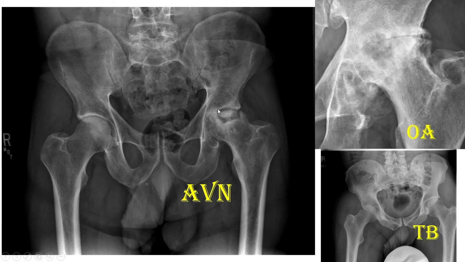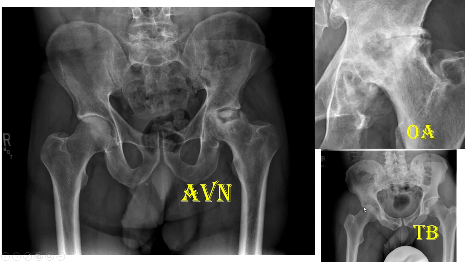Now see, this is sclerosis and collapse along with incongruity of the femoral head, but the joint space still remains. This is significant for avascular necrosis of the femoral head. Sclerosis and collapse, and this is called crescent sign, and the joint space still remains the same. In the last phase, the joint space reduces when it affects the secondary side of the acetabulum. But in osteoarthrosis, the joint space decreases first, with subchondral sclerosis along with osteophytes. I have already told you.